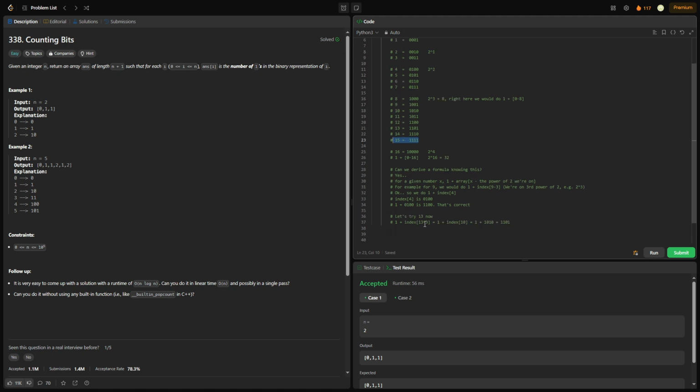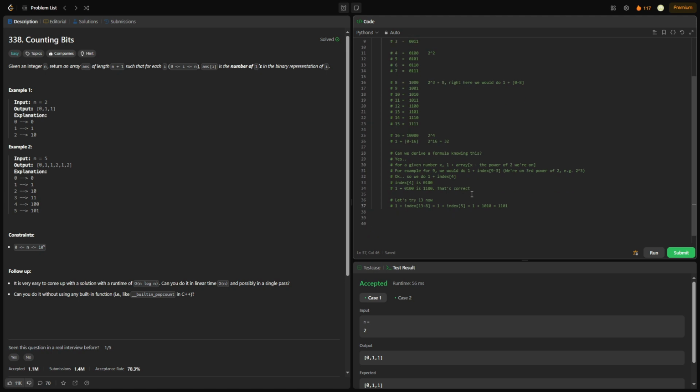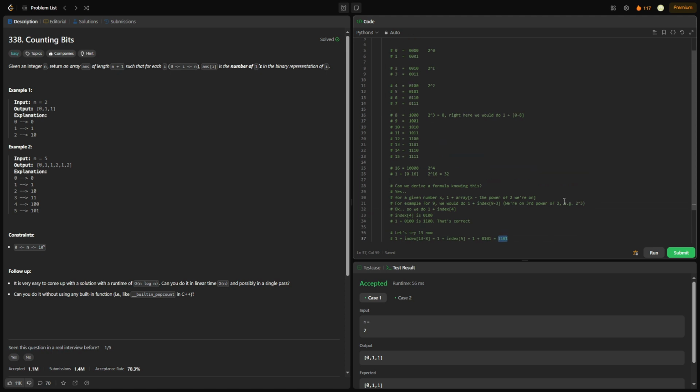Right, and we can do 13 as well, right? Should be 8 here, not 3, sorry. 9, 10, 11, 12, 13, so it should be 5. Index of 5 is what? 0 1 0 1. So 1 plus 0 1 0 1 should be 1 1 0 1, right? Which is true. Okay, so